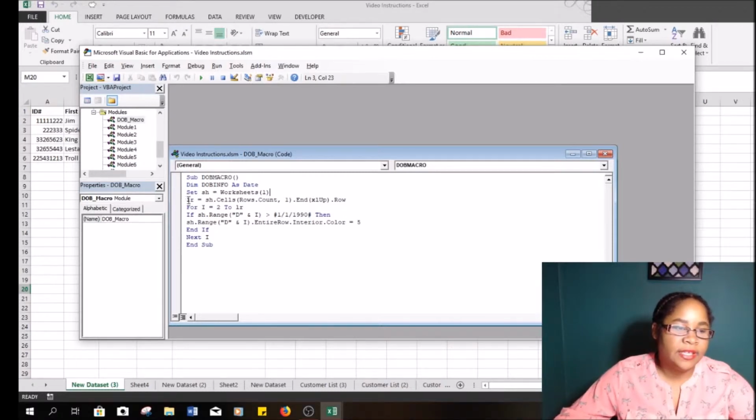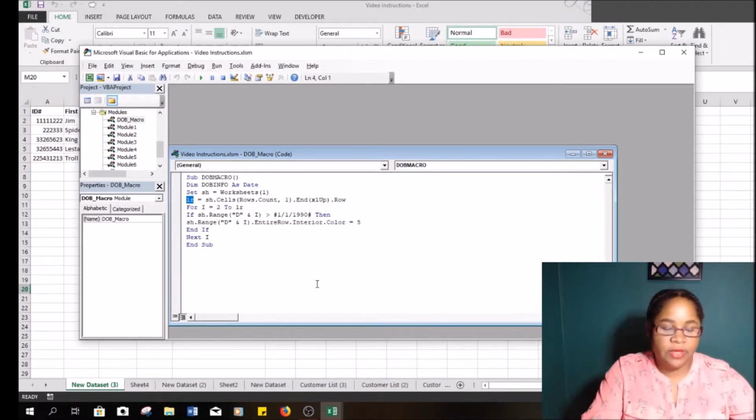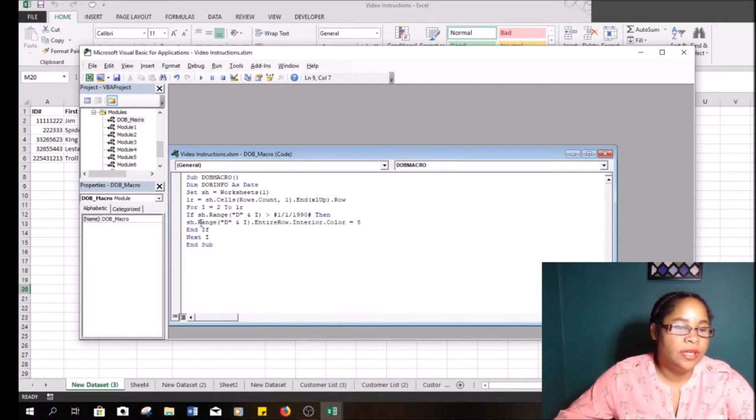Now the second thing, LR, again, that's an abbreviation that somebody used. In the book that I have, someone actually wrote final row, but I'm just using the one the guy had online because it's simple and again short. So he put LR, so that's what we're going to do. And LR is again a variable we set up. So we want to say LR equals the sheet, so worksheet 1 dot cells, so the cells in worksheet 1, and then it says